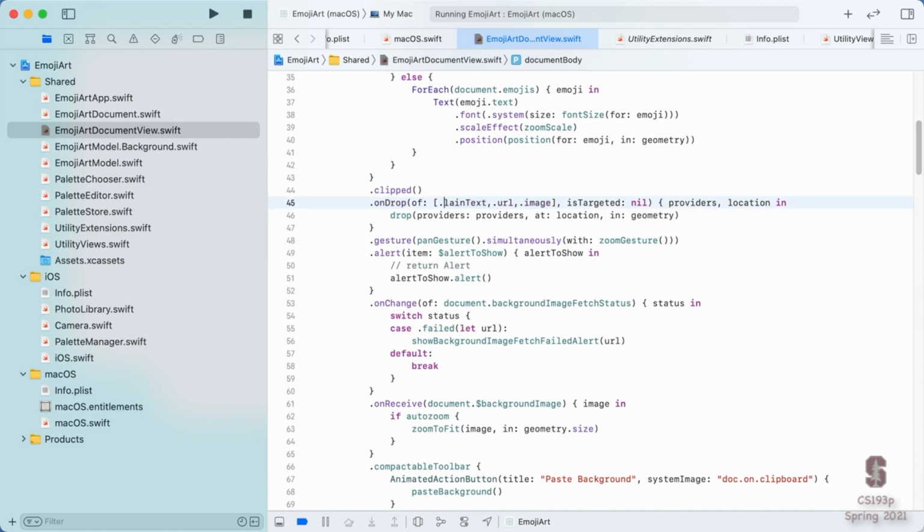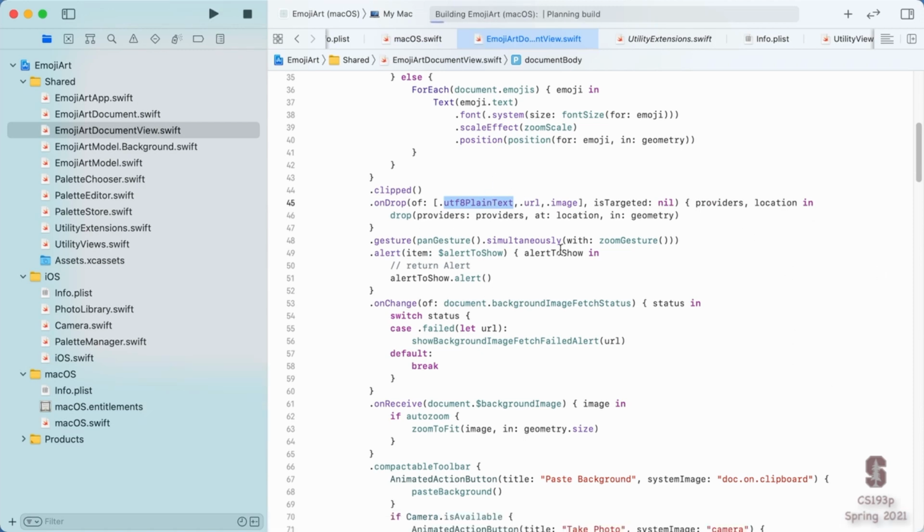You want UTF-8 plain text. So this is the same format like JSON is in, etc. And luckily, it works on iOS too. So if we change this to UTF-8, we don't have to do anything special for Mac or iOS. This will just work. Let's try that.